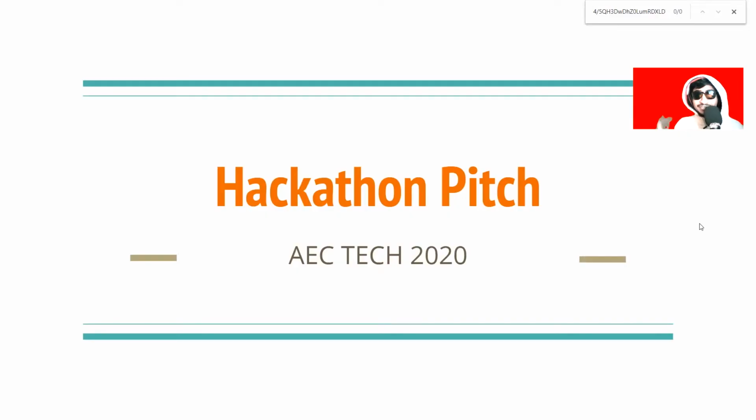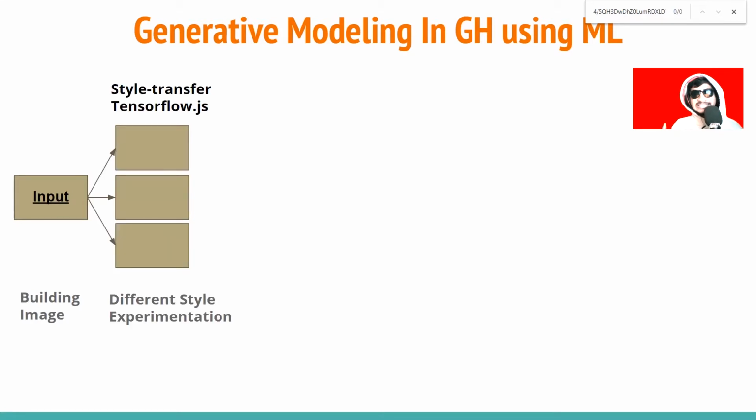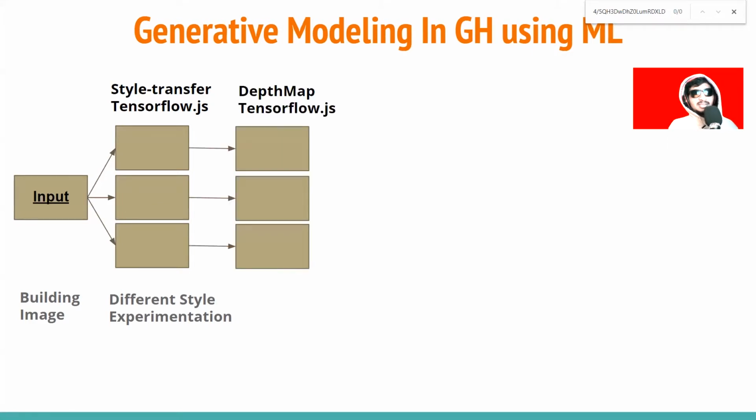So I had several ideas when I started thinking about it, and ultimately I boiled down to this one idea. It's generative modeling in Grasshopper using machine learning algorithms. So you take an input image and apply different styles to that image using a neural style transfer algorithm, and that